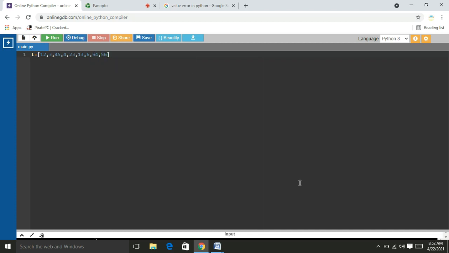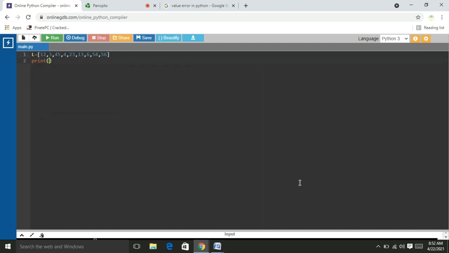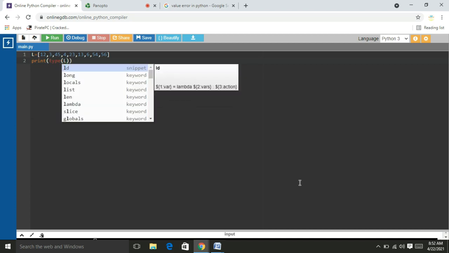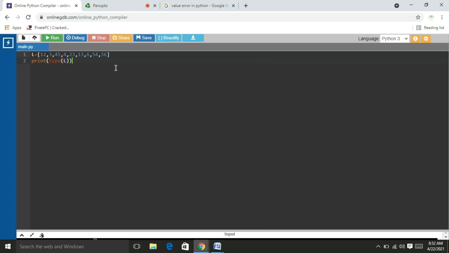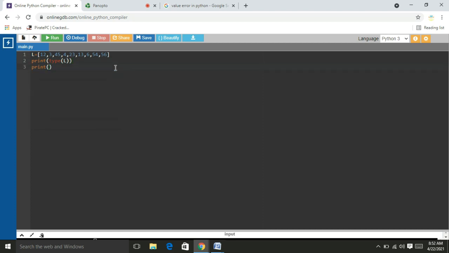I will take more elements. First of all, I will check whether it is a list or not. I use the type function, which checks the data type, and then I will print the whole list using print L.